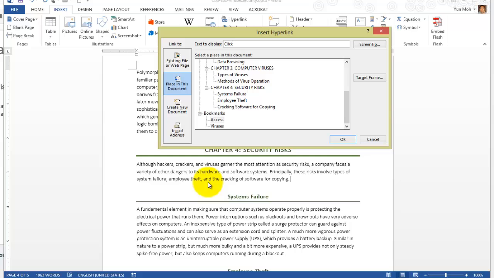So I'm going to type click to view types of unauthorized access, period. So it is a sentence, and the whole thing that you type in here will be a clickable hyperlink. So go ahead and click on OK,